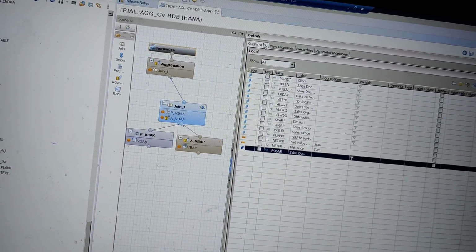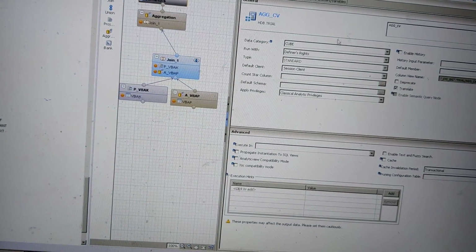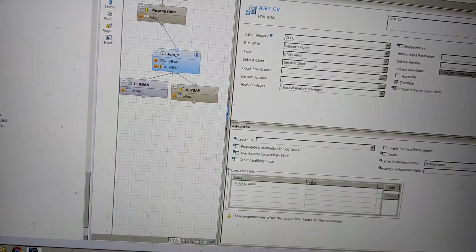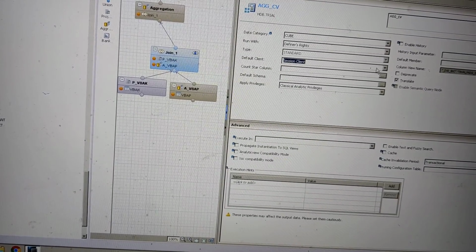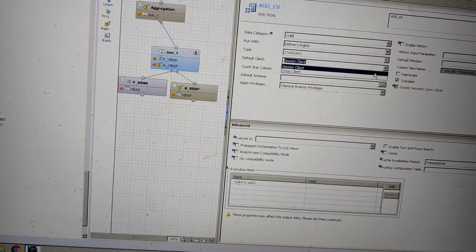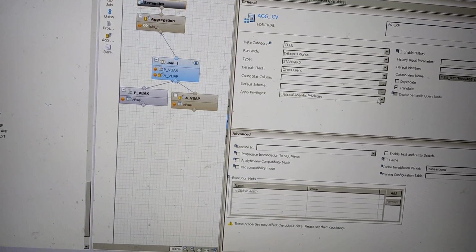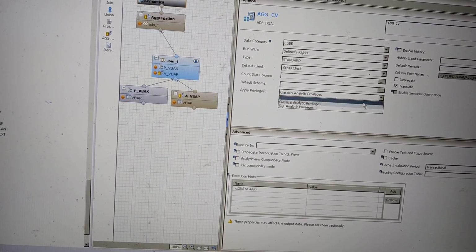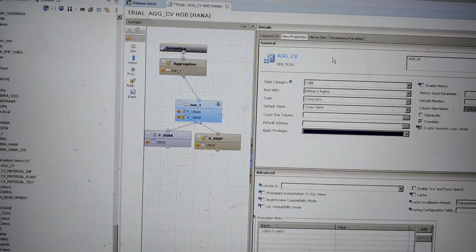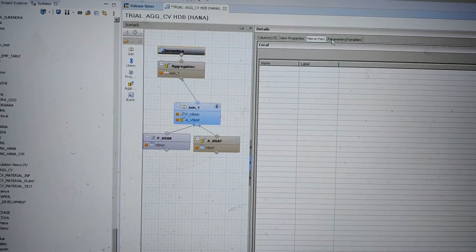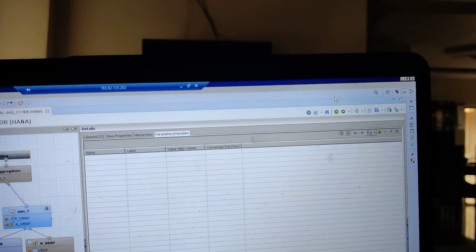Now go to the view properties, change it to always cross client. See, the data category has to be always cube. Here analytic privileges, fine, hierarchies, parameters. Just give a save and data preview.